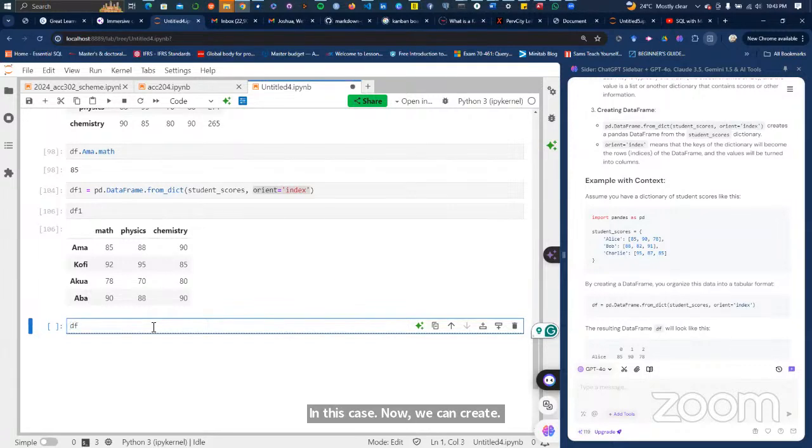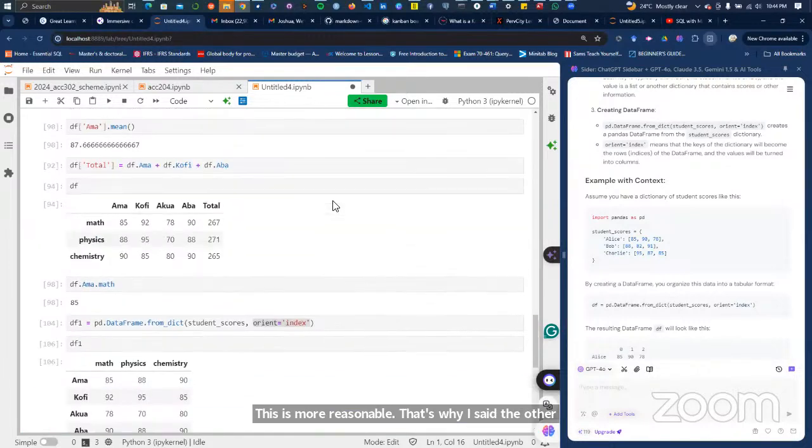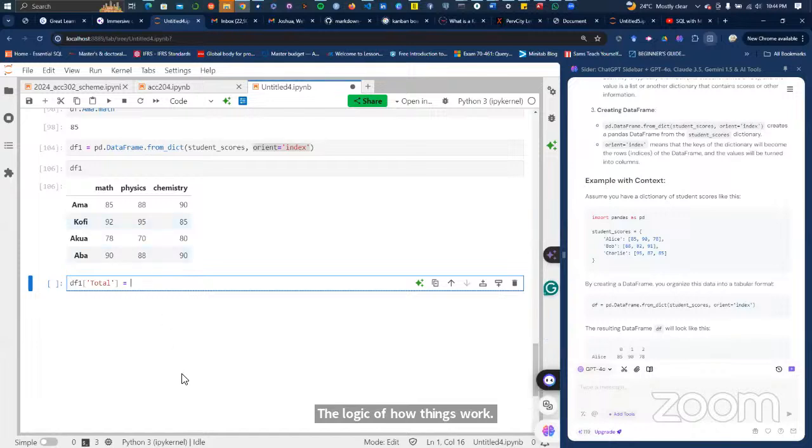We can do df1 total equals, now we are going to sum the total for each student, which is the sum of the scores across the subjects. This is more reasonable. That's why I said the other one was just for the logic of how things work. I think this one will make more sense to you.